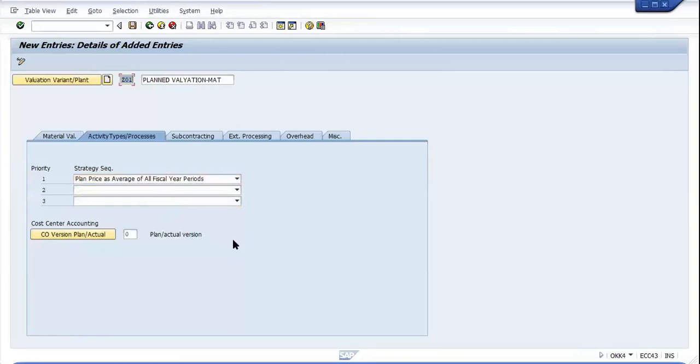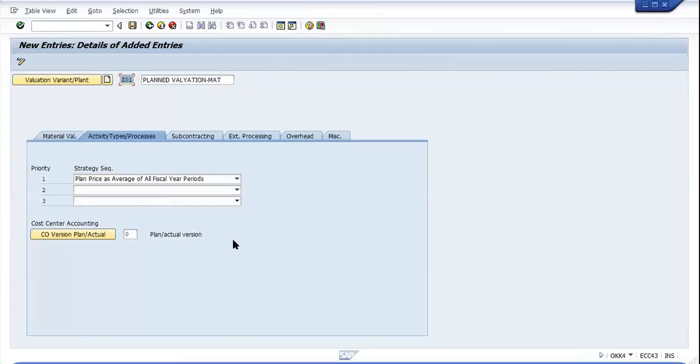Throughout the year. So let me explain this again to you. Basically, the plant price or actual version is maintained in the controlling area, and we have maintained this in our controlling area also.